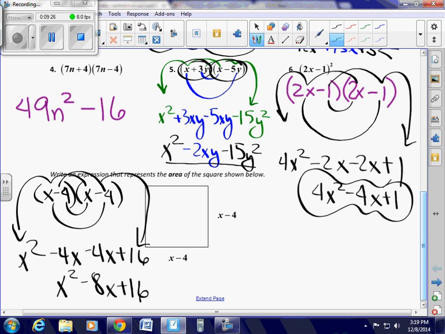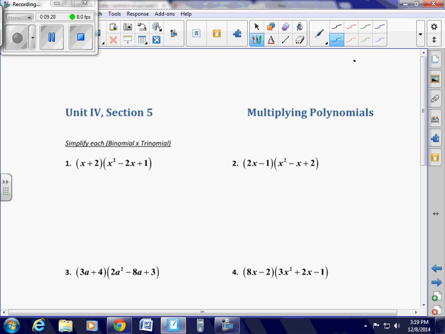Page 2. Now things get a little bit different when you take a binomial times a trinomial. And I'm going to show you a few different ways to do these. And then I'm going to let you pick whatever method you want to use. Now the first method, I'm going to multiply a binomial times a trinomial, is just simply the